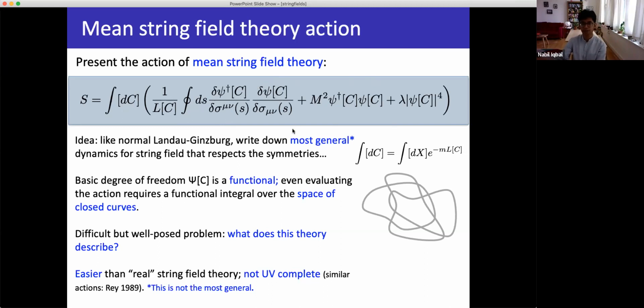Before doing that, though, I'm going to just say a few caveats. If you are doing real Landau-Ginzburg theory, you write down the most general action that you can. This thing I wrote down actually isn't the most general. In a few slides, I'll show you some examples of what I've left out. That's because they're hard. But I will show you what I've left out, and I'll argue about how I think it changes the problem. But this is not the most general thing.